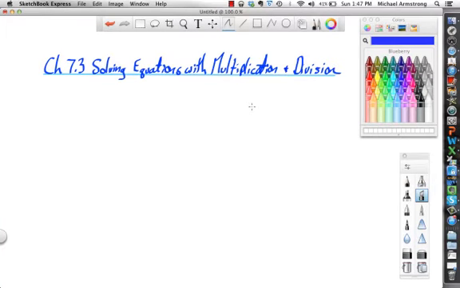All right, chapter 7.3, solving equations with multiplication and division. The idea is that if you have two equations and they're both equal or balanced, say we have 4 is equal to 4, if you multiply something to one side and you multiply something to the other side, they're still equal. 4 times 2 is 8, and 4 times 2 is 8. See how they're equal. Now, if we have an x,